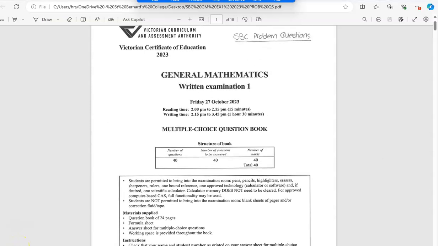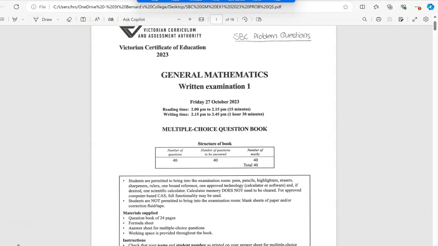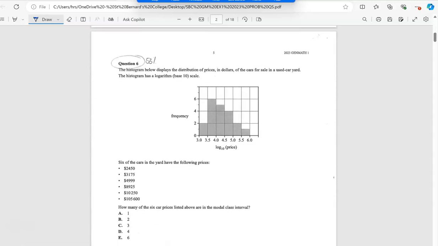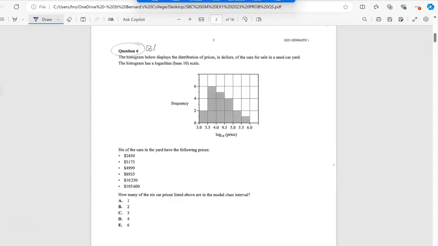Okay, so what we're doing is the problem. This is exam 1 and the problem questions of 2023. So what the students didn't go so well in. So here, if we look at question 6, so 50. This is for our classes at my classes at SBC. So we got 63. So the histogram below displays the distribution of prices in dollars of cars for sale in